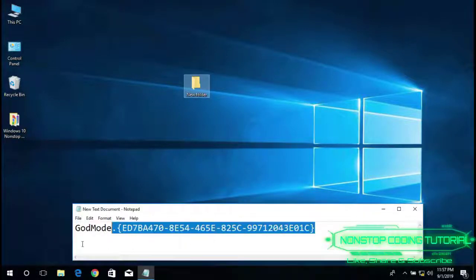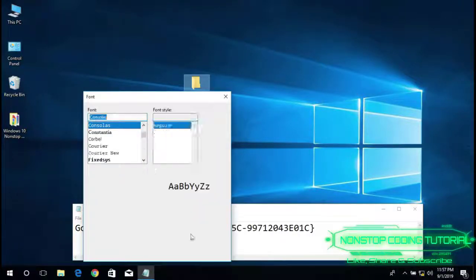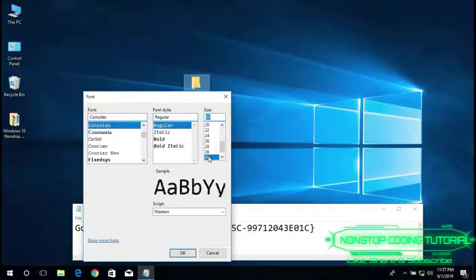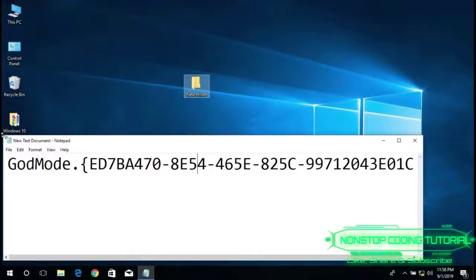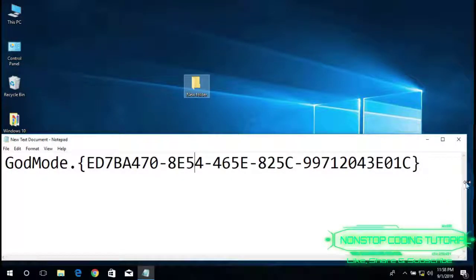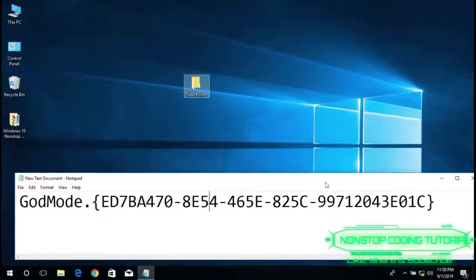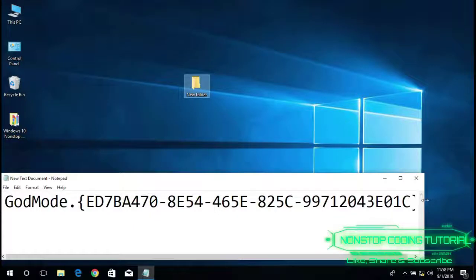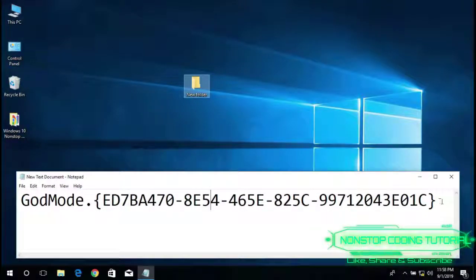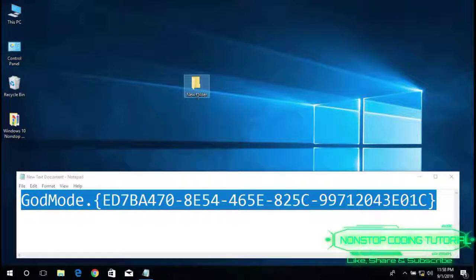Here it is. I hope that you will be able to see this, so let me just adjust the font size of this text. Let me try 36 and that should do it. So here is the complete number or codes that you need to put on the name of the folder. Instead of a file name, this will be the folder name. So just copy this one and